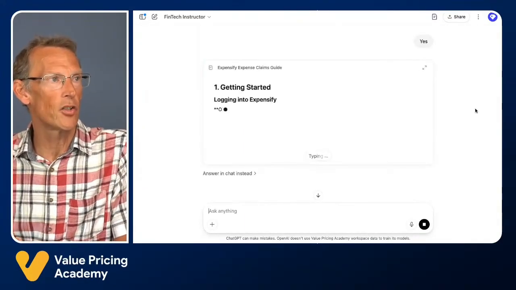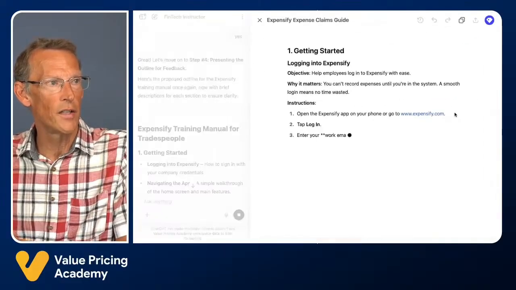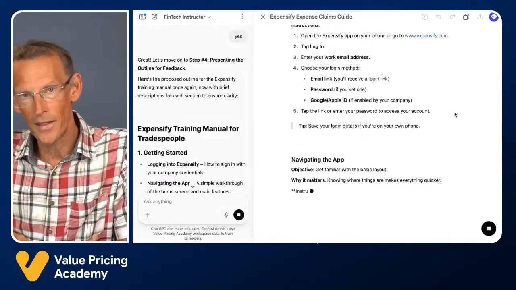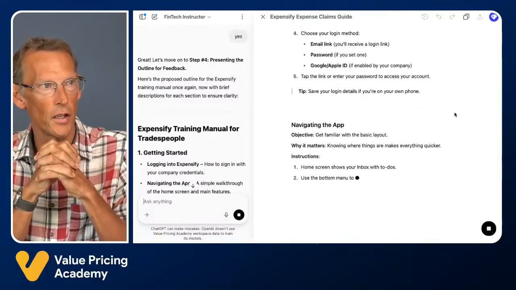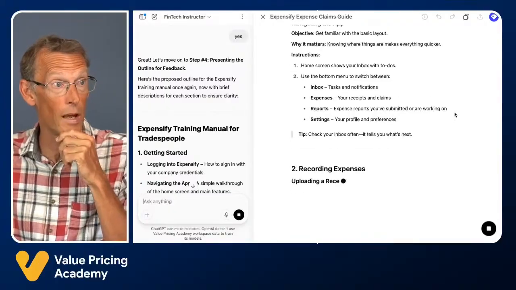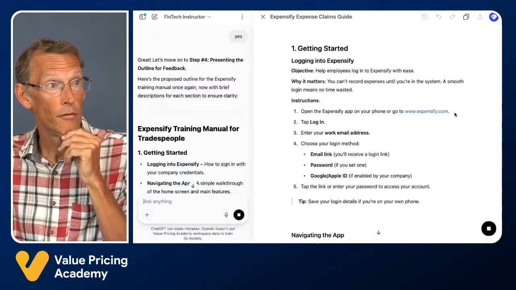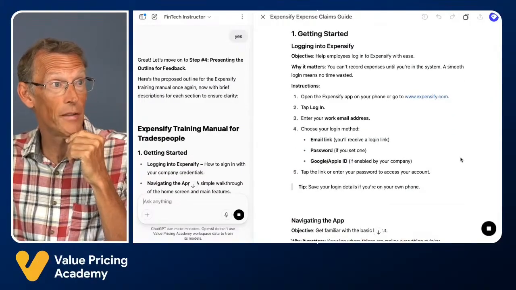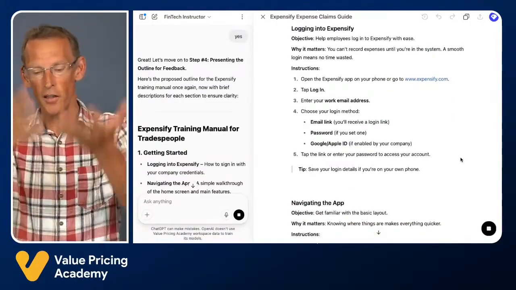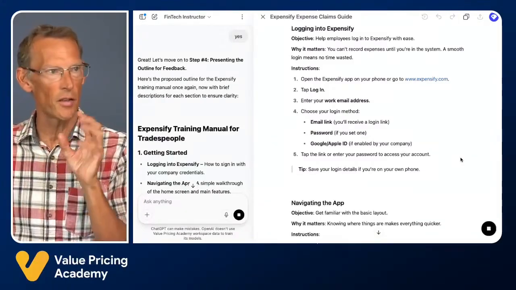It's now opening up a canvas. It's calling the canvas Expensify expense claims guide, and it's now writing a little software manual that I could put onto my letterhead or put my logo on it, and then I could present this to the client or to the client's tradespeople or whatever. And so it's written a really good and very fast user manual for the Expensify software, specifically to the needs of the client and what they want to learn about the system. We could say to the client, here's the Expensify manual, read it yourself. But no, we can just deal with very specific things, the things the client needs.